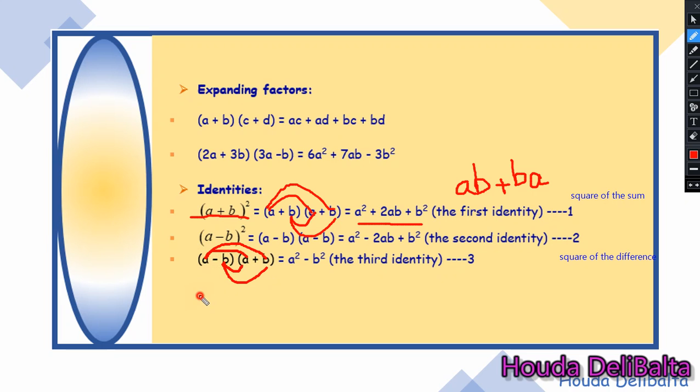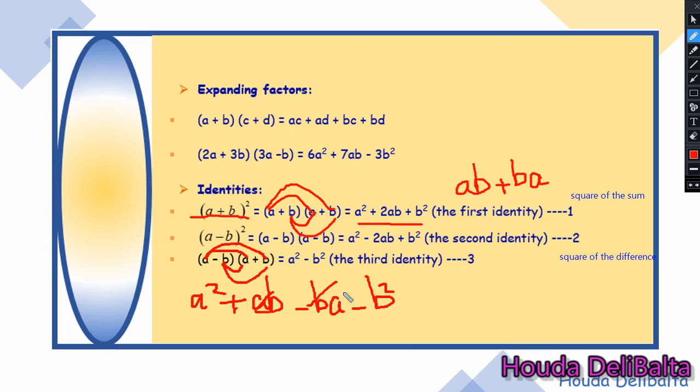a times a is a squared. a times b, and there is a plus, plus a times plus b is plus ab. Minus b times a is minus ba, and minus b times plus b is minus b squared. I can cancel these opposites to get just a squared minus b squared, and this identity is called the difference